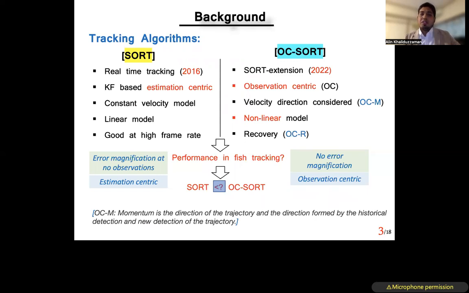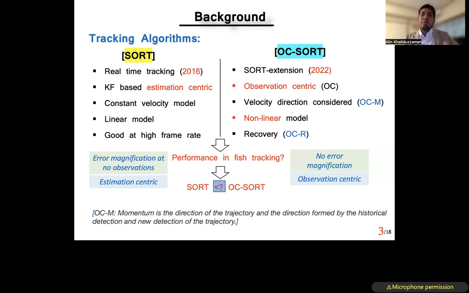And SORT is a constant velocity model, but OC-SORT is a nonlinear model, and it considers the velocity direction, which is called the momentum. And OC-SORT also combines the recovery part, which is called OCR. So in simple terms, you can say OC-SORT is the updated version of SORT,